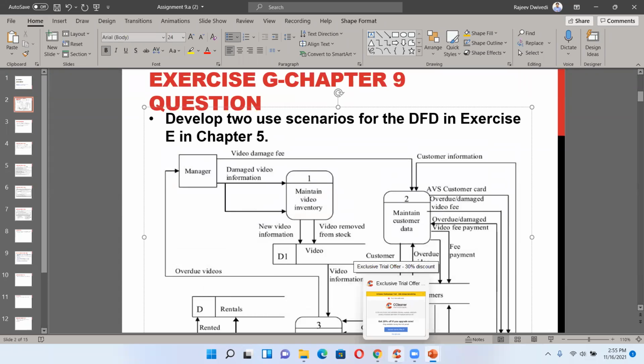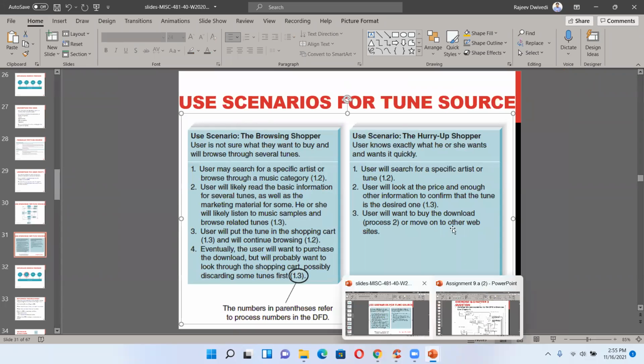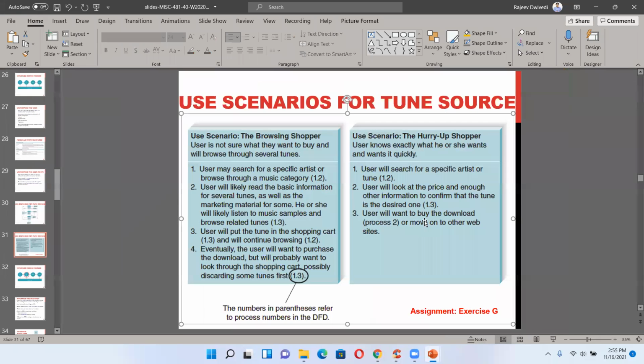You can develop two scenarios, for example, like Carl and Angelica. Similarly, you can develop two scenarios in this case. So exactly like this, you are going to develop.